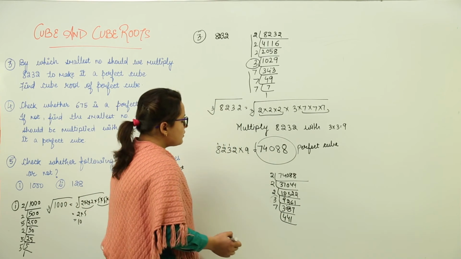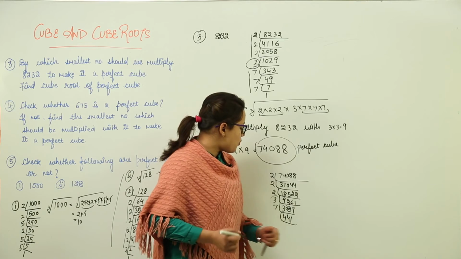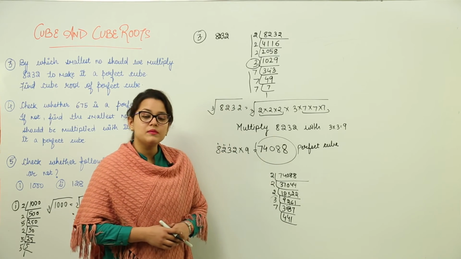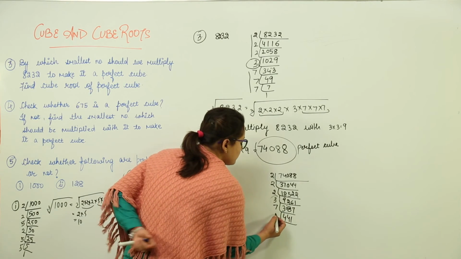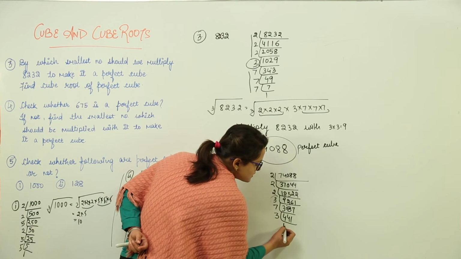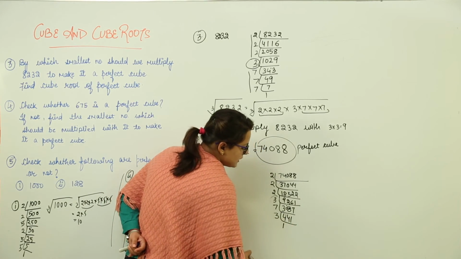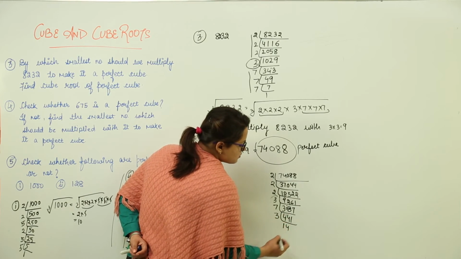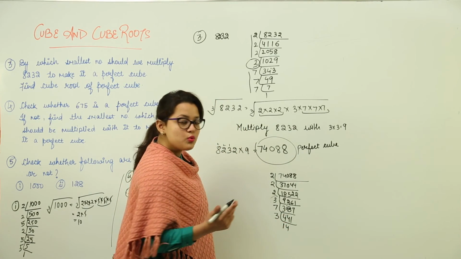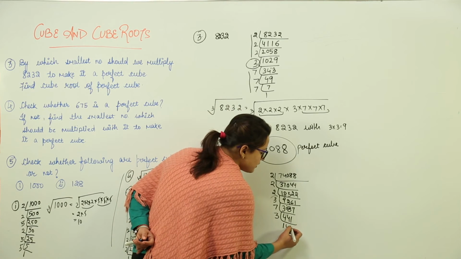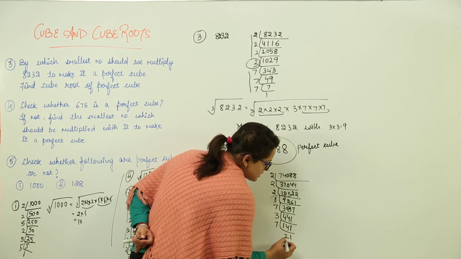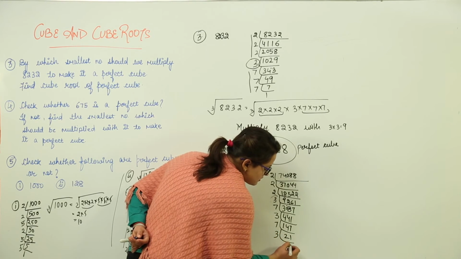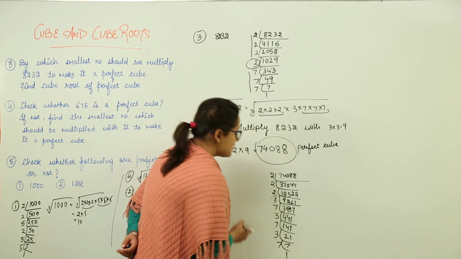Now think about it, 4 plus 4 plus 1, that makes 9. That means 9 is also divisible by 3. This can also go with 3 only. We will do it with 3. 3 1s are 3, that leaves 14. 14, 3 4s are 12 and we are left with 2 again. 2 and 1 becomes 21, 3 7s becomes 21 again. Now 7 2s are 14, 7 1s are 7, 3 7s are 21 and 7 1s are 7.